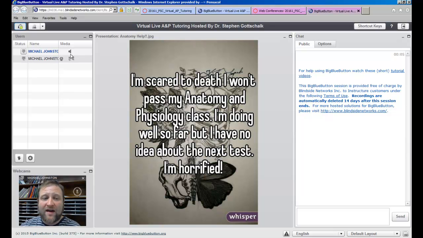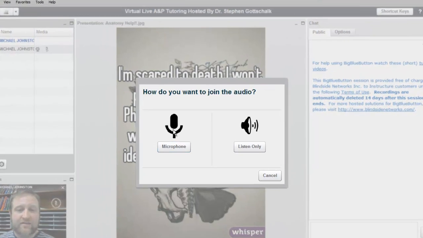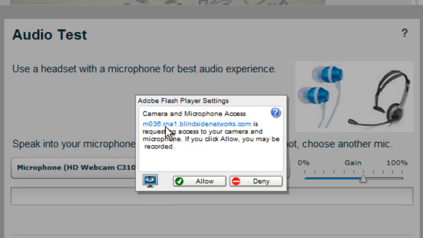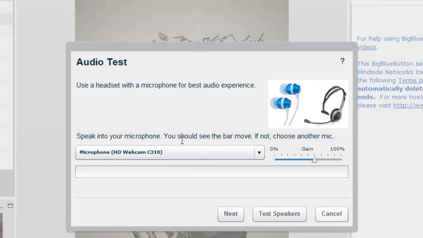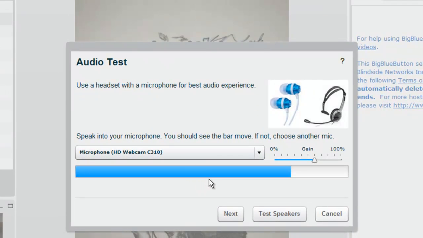If you have a microphone or a camera or a combination of both, you can come back here and click on this, and you can click on the microphone option. It's going to ask you whether or not Adobe is the program that this program uses to access the microphone and the cameras. You just click allow the program to use the microphone. It's going to test, and you're going to see whether or not it's picking up what I'm saying, and it does pick up my signal as it reflects in my voice.